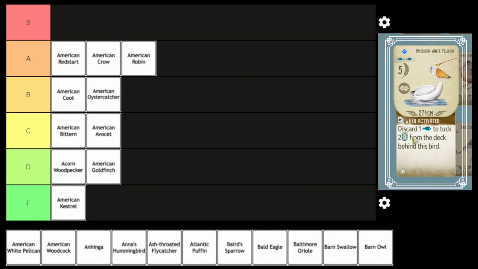From A tier to F tier, I think, for this one. Again, this is another category of birds. There's quite a few of these where you discard food to get tucks. I just think at the start of the game, food is such a premium that you can't afford to give it away. I know it's two tuck cards, which is a lot of points in one turn to get,